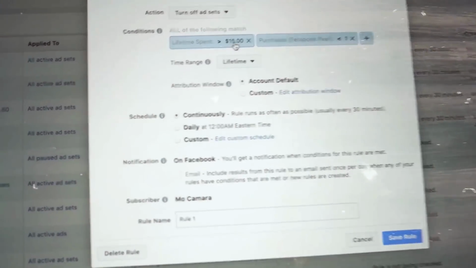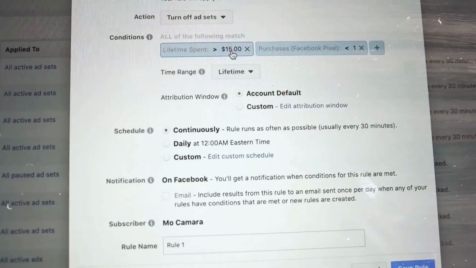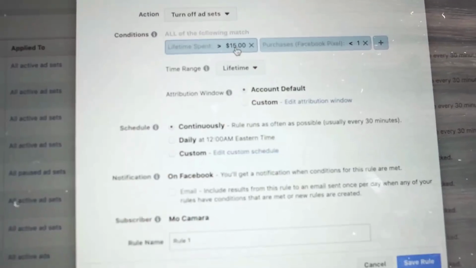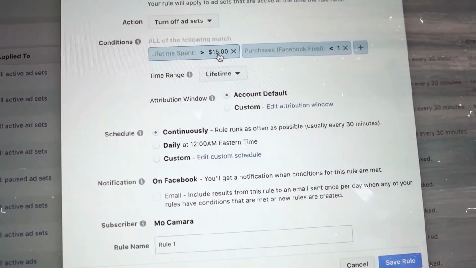So that means that the ad has automatically run for more than a day, right? So we're also taking into account how much time is taken for the ad set to optimize in each case. Now, I just wanted to show y'all that real quick, because that's something that a lot of people don't really talk about,